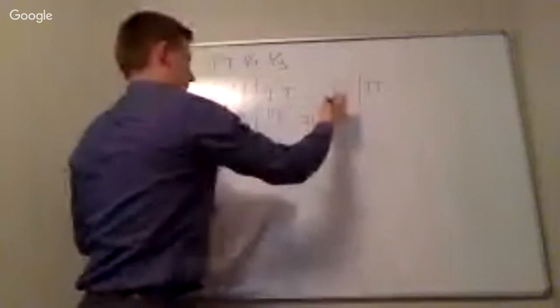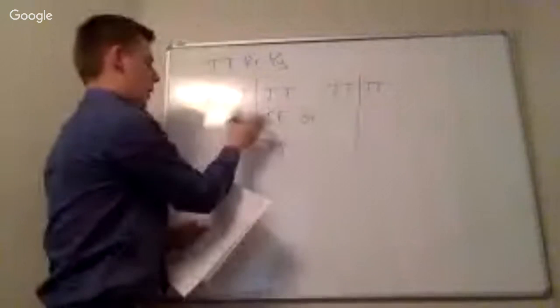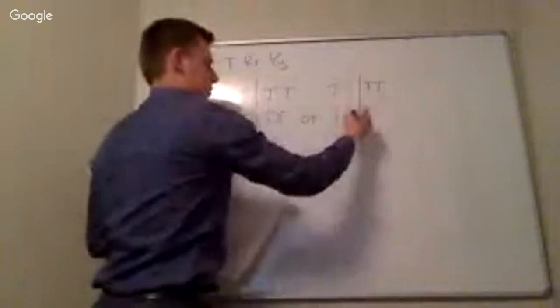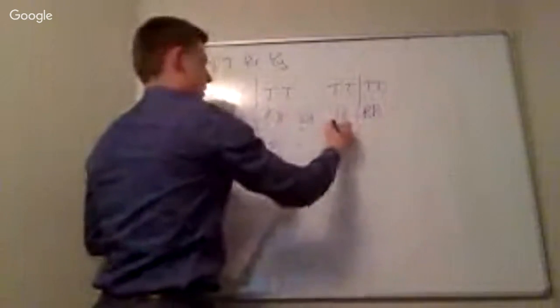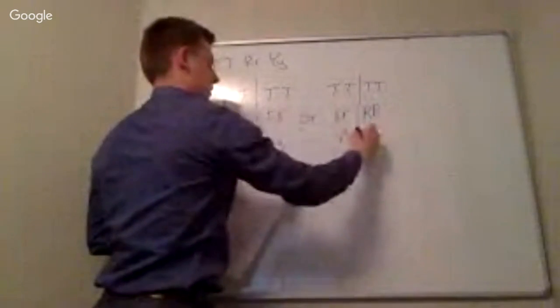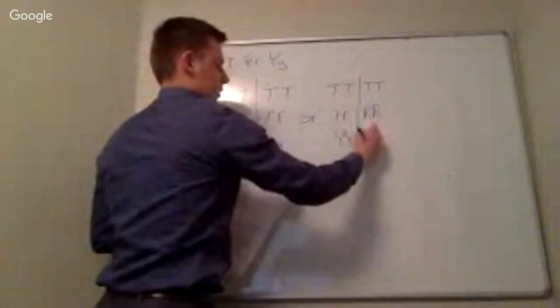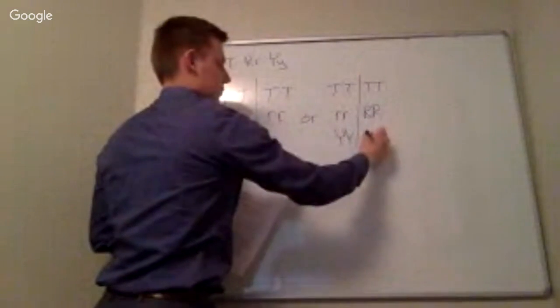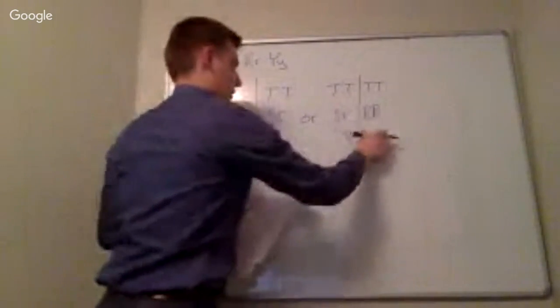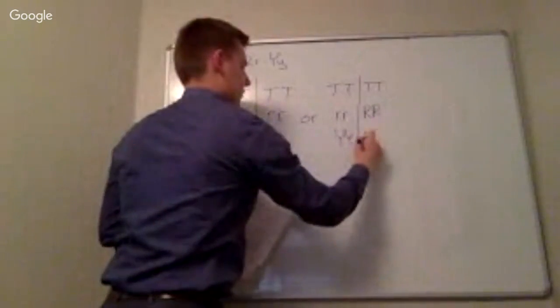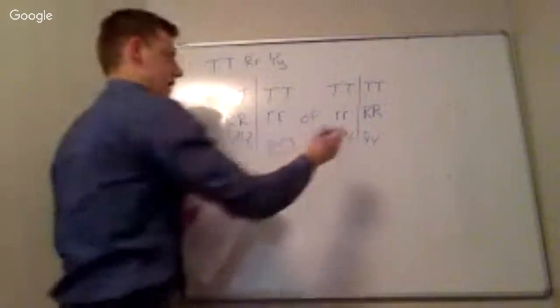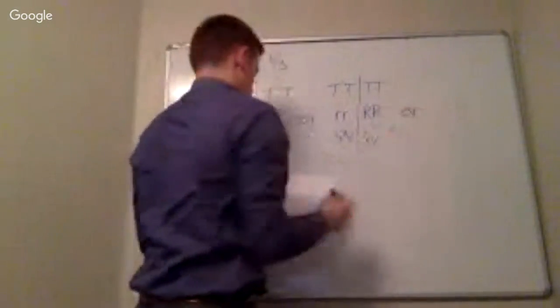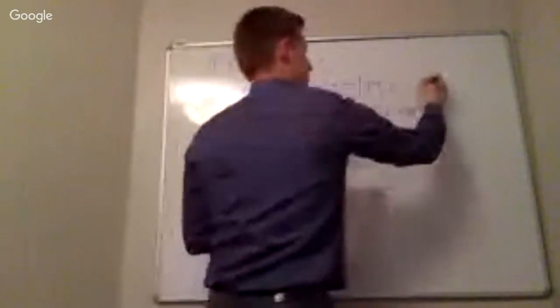T, and then we can actually just swap the R's. And so we're going to get the homozygous recessive right there, homozygous dominant right there, and then we can just keep the homozygous dominant Y and the homozygous recessive Y. This is a Y. These are little y's. And then we can also have, so if we were to do another one, so we